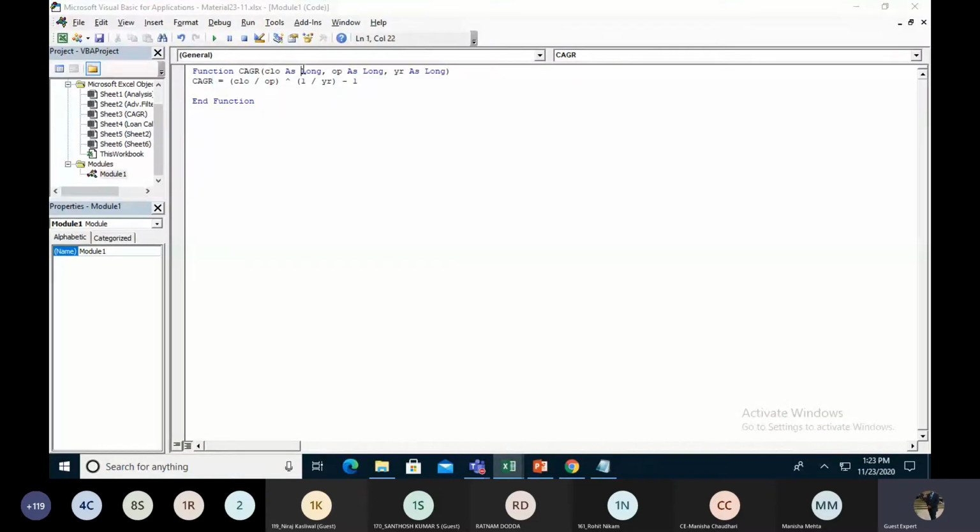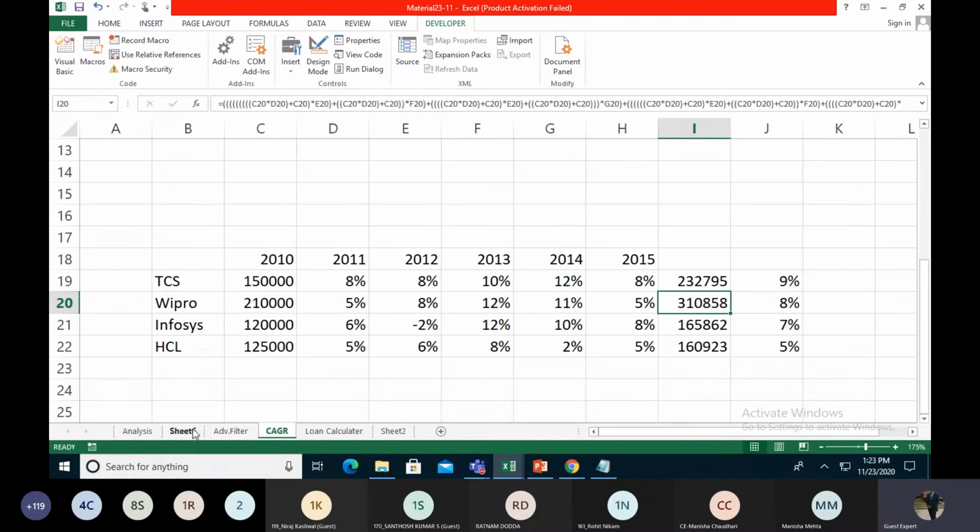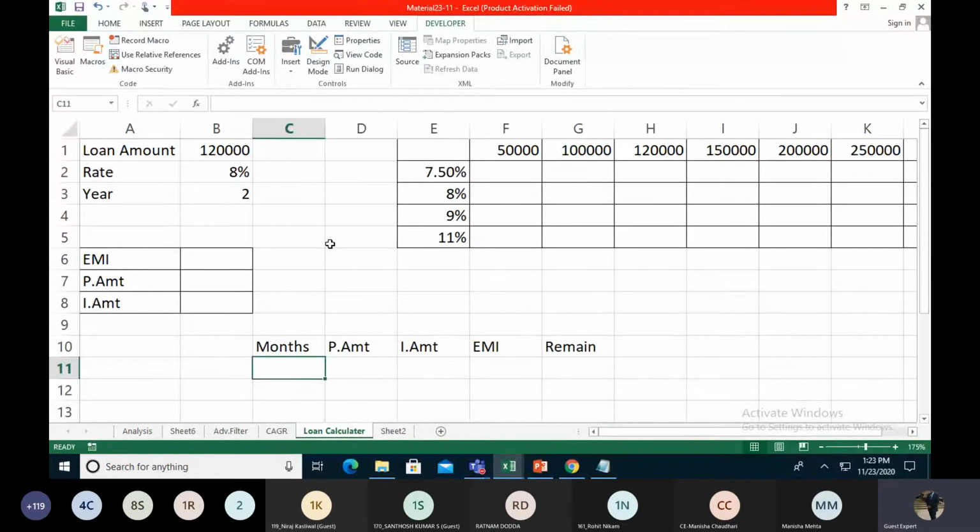We take long, double, and integer values. There is not any kind of float value over here. And right now we take the loan calculator. What is the loan calculator and how are we using it? Everybody knows the EMI, equated monthly installment. So we are making some formulas over here for the loan calculations.